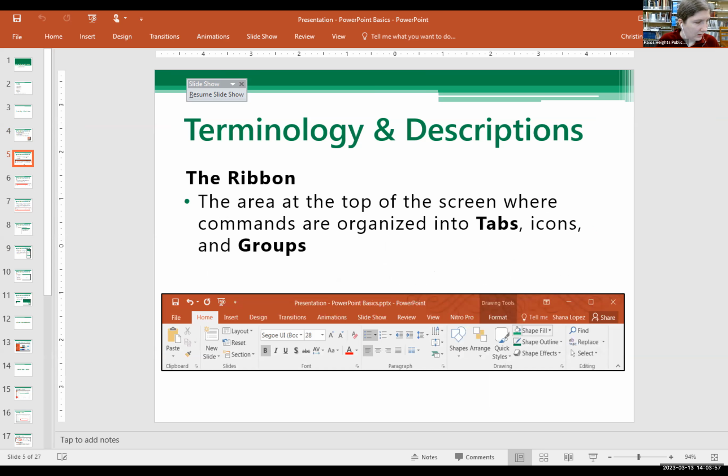Then there is what they call the ribbon. So hopefully on my screen here, you can see the actual PowerPoint. This is the actual PowerPoint application that I'm using here. And the top orange part here is what they call the ribbon. That is the area at the top of the screen where they have your commands and things like that organized into what they call tabs or groups. So you can see on here,